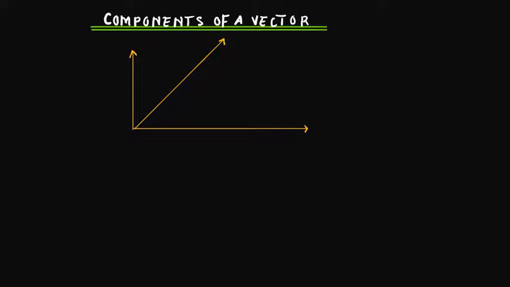Now, suppose we have this x-y plane. We know that this is the x axis. This, of course, then becomes the y axis. Notice that if A is our resultant vector, okay, if A is simply our resultant vector,